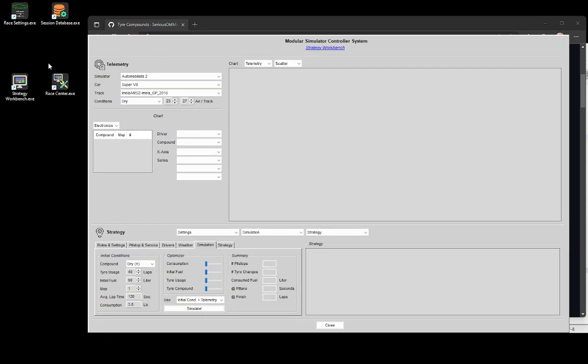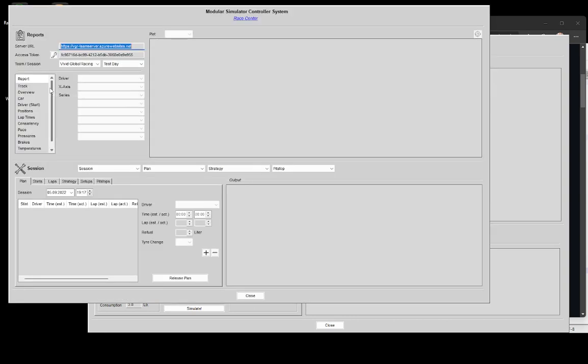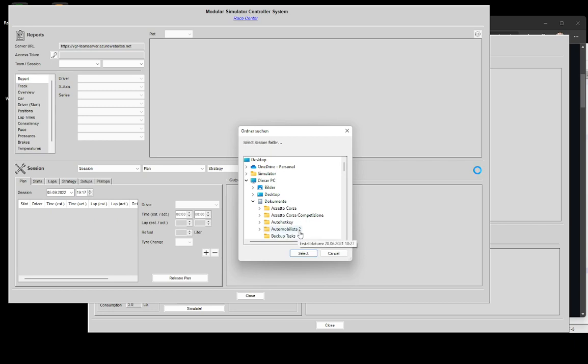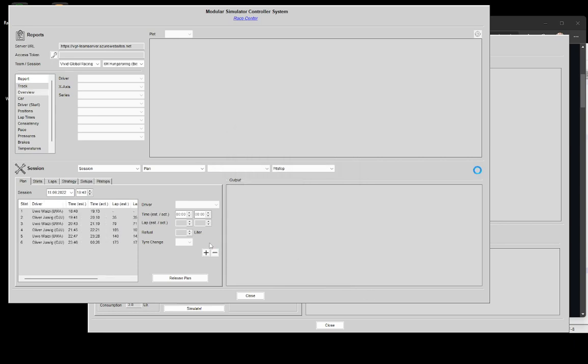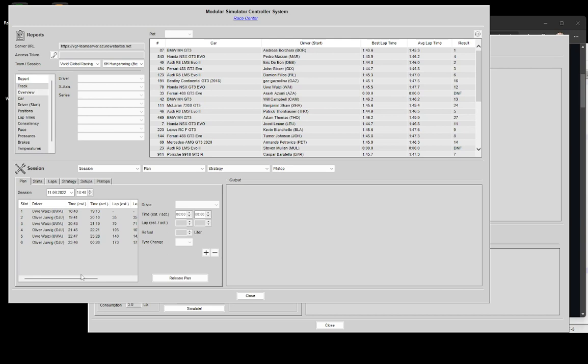The race center has also a couple of areas where tire compounds are used. The race center is a little bit different. It will derive the knowledge for the selected car and track from the session on the team server or from the session loaded from a stored session, which you have previously saved. For example, I want to load here this one. Okay, it's a race I ran with a teammate, and